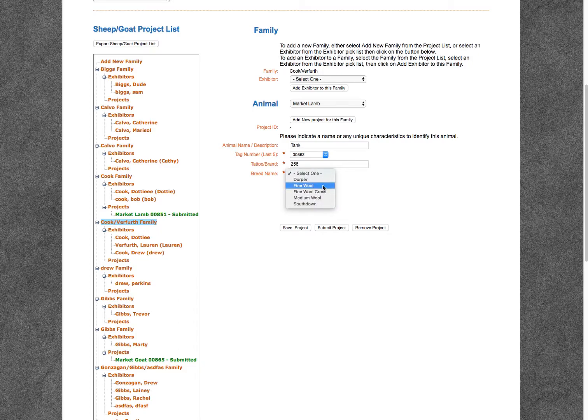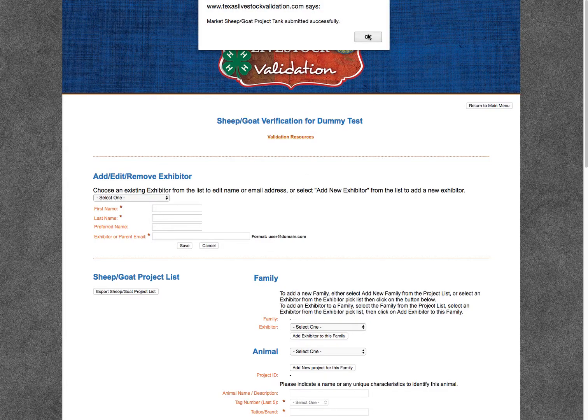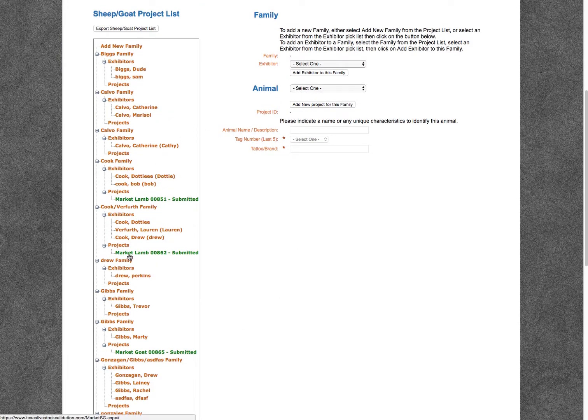So it's important to note that this breed is just kind of, again, another identification. So of course this isn't the classification of the animal that will be done at the time of show. This is just to give us an idea of the breed or the breed you'd like to indicate. So from here we'll click submit project. And you will see that this market lamb project is now green and submitted, which indicates that it is complete on your end and now at the state level for